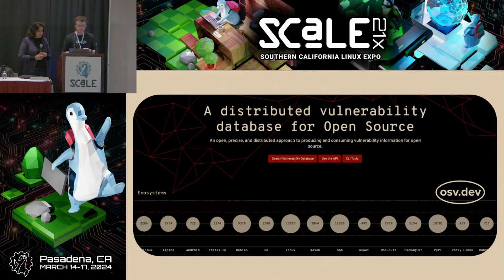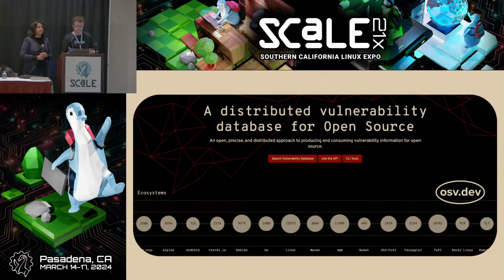OSV tooling can also alert you so you can take preventative action. Often, that action really is just updating to a new version of a dependency. So a project that you rely on discovers it has a vulnerability, it fixes that vulnerability, and then just releases a new version of their package with that patch, and all you have to do is update your package to use the new version. It's often painless, literally just a simple version bump. But if you have a large dependency graph, there could be a lot of updates happening all the time. And we're human, so sometimes we'll just forget or just get overwhelmed.